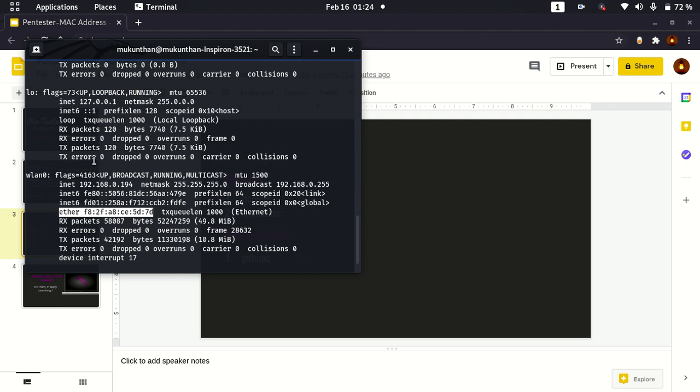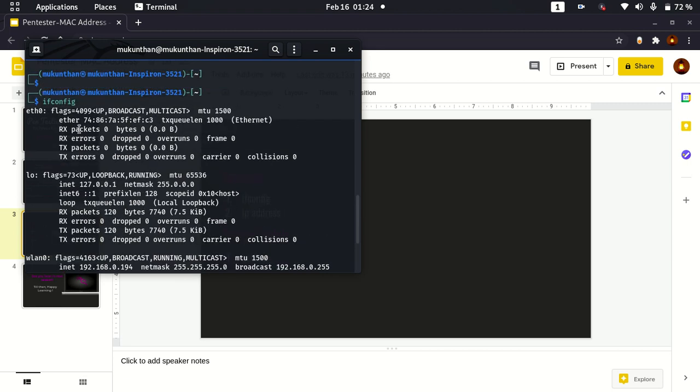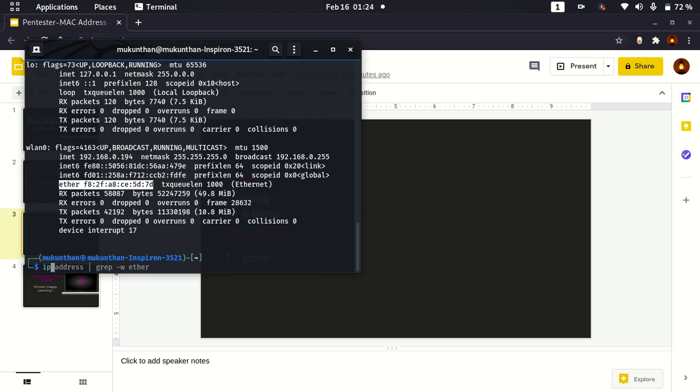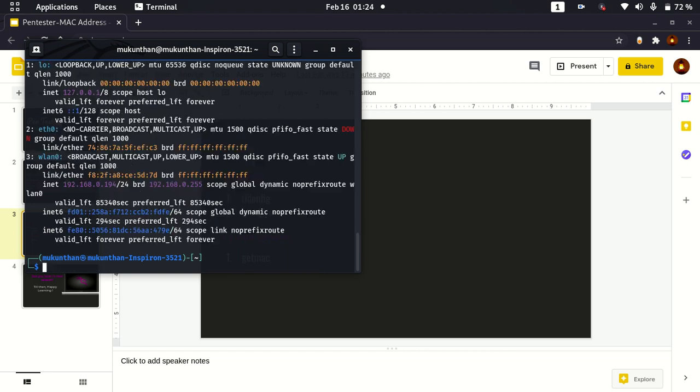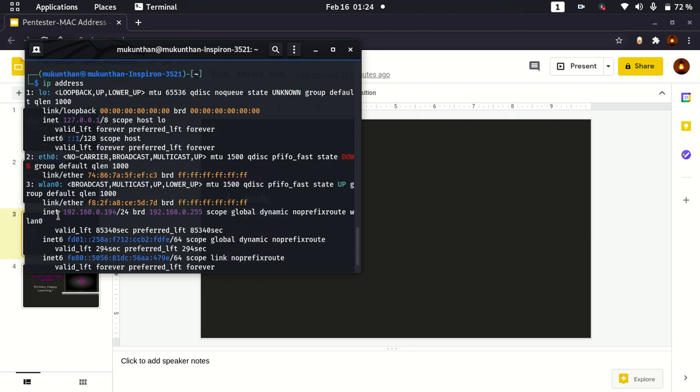So now we have seen where the MAC address is located inside the output of ifconfig. The same thing you can do with the ip address command. Here you can see wherever there is ether, that will have the MAC address.